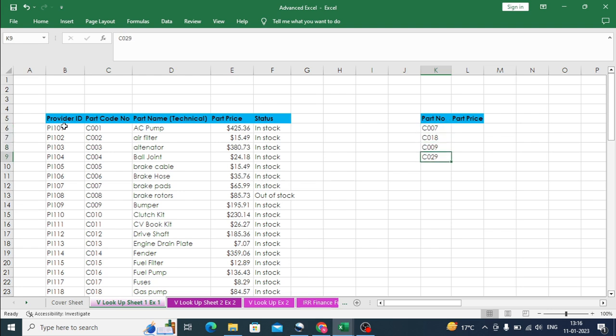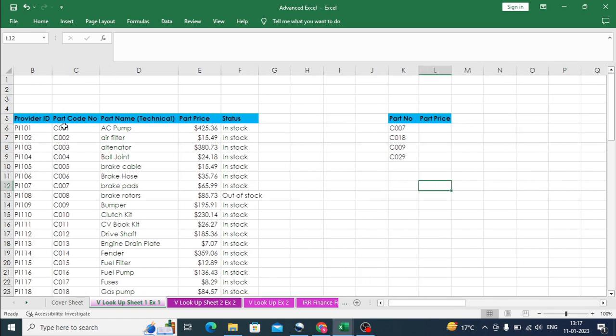Now there are two approaches which you can use. First approach is not recommended and it is also very time consuming. And that approach is, you see, first of all, the part number is C007. Then you go to the part number and you search for C007. Here you have C007. Then you scroll to the right hand side and you see the part price, which is $65.99. So you can then enter over here